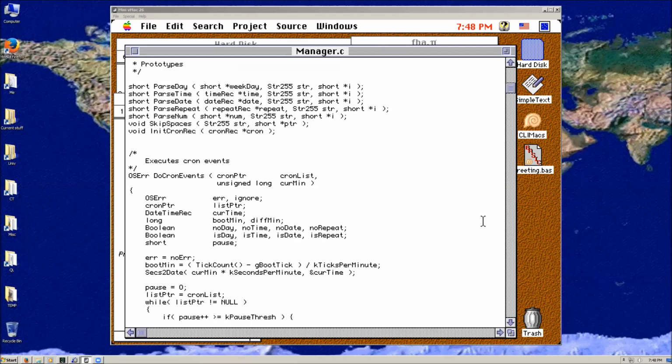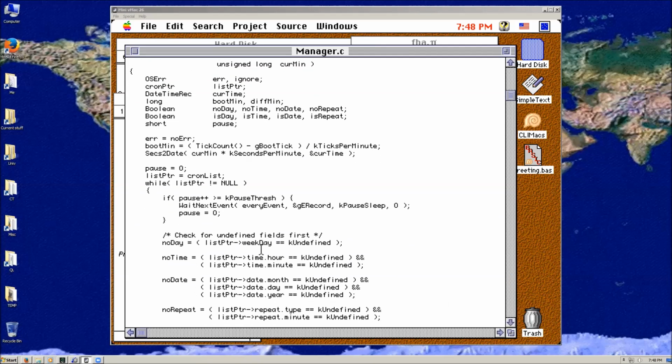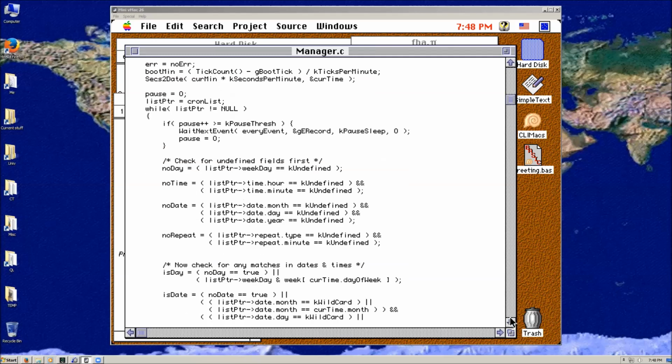All right, so this does the cron events. These are your prototypes: parse, skip spaces, and so on. It goes and checks data structures that tell you if something is undefined. The way this parser works is it just fills in a data structure, a linked list of these data structures, and then Cron Manager goes through and sees which one of these is true to see when they're executed. Every time, it also checks to see if the Cron Manager folder has been updated, and if it has,